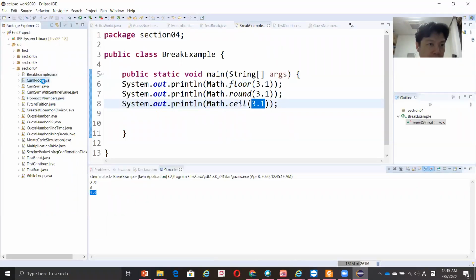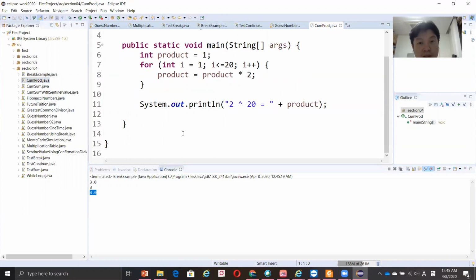Cumulative product here, you want to get the cumulative product. So the numbers will be multiplied with a constant, which is this one, 2. And I would like to multiply for 20 times. So it means